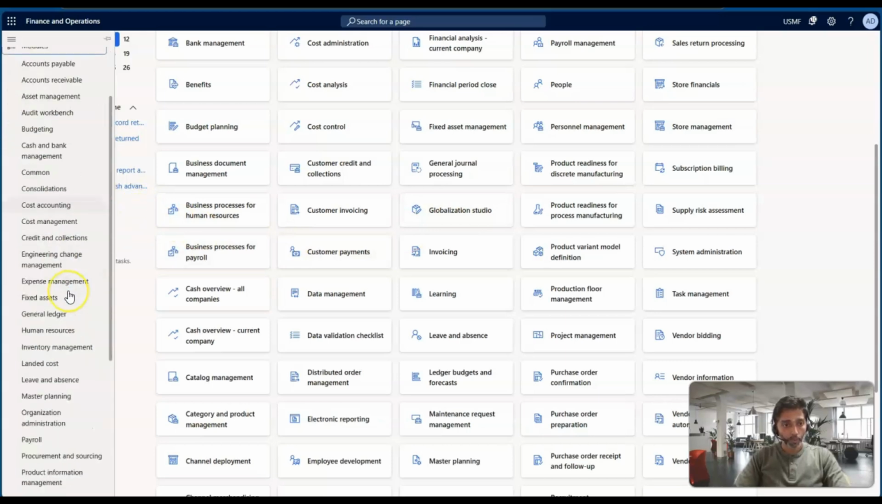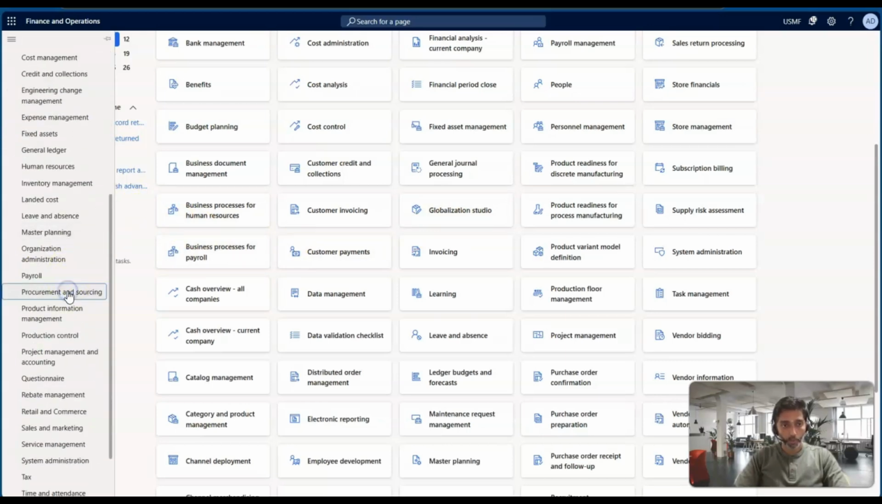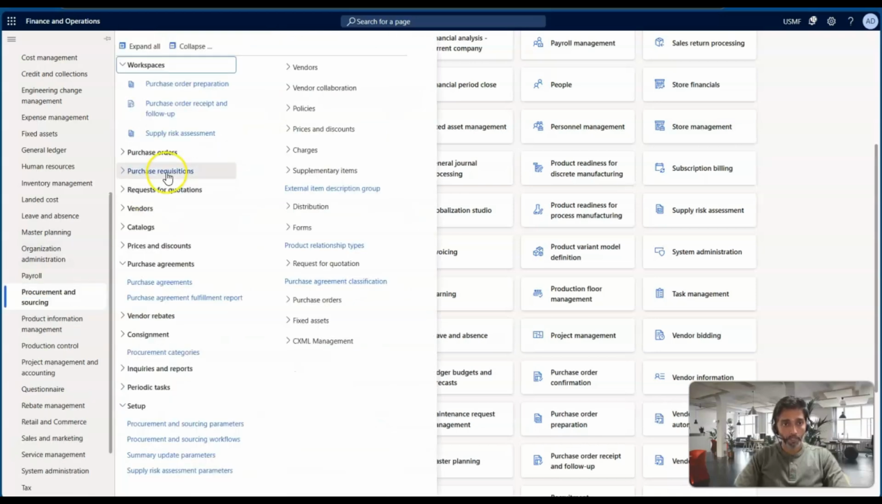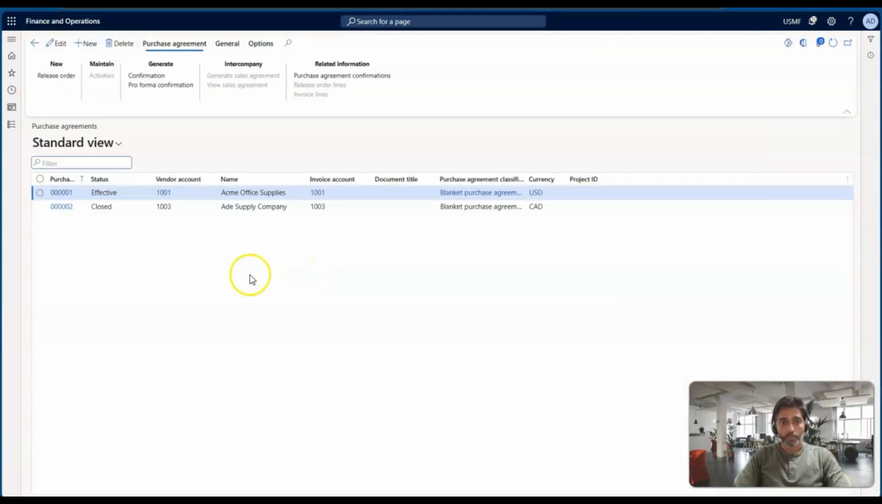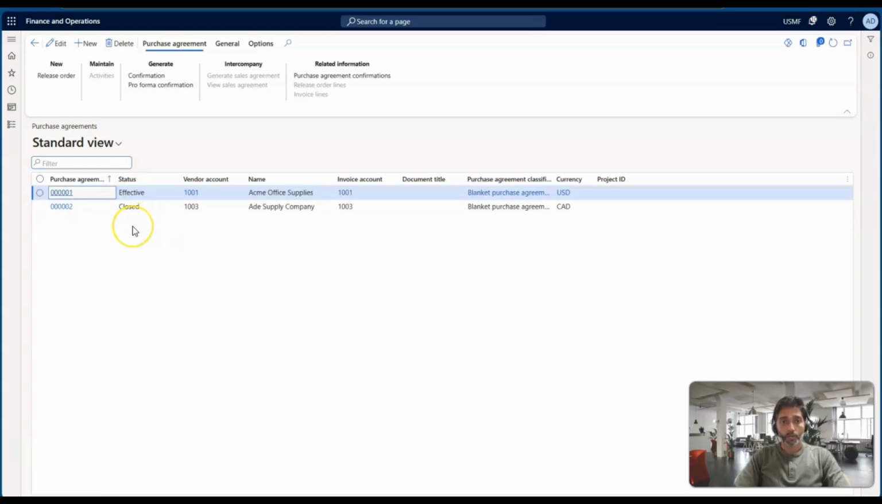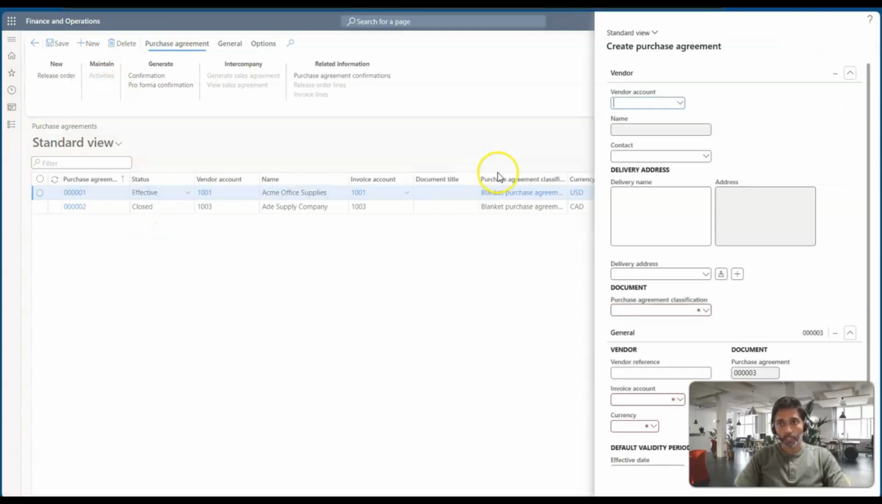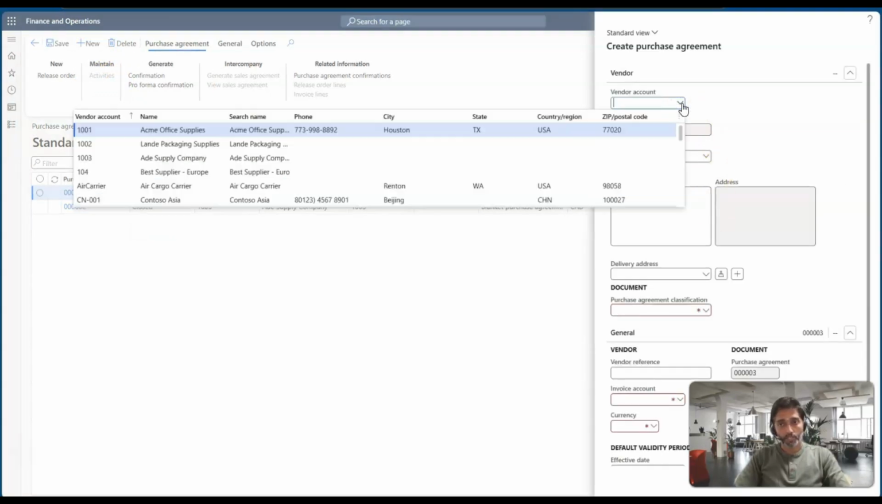First of all, in order to create a new purchase agreement, go to the Procurement and sourcing module, and within it there is a section called Purchase agreement. Click on the Purchase agreement form. This opens up a list page where you will be able to find the previously created purchase agreements along with the statuses and the purchase agreement ID. So this gives you an idea of what purchase agreements are already available in the system. To create a new purchase agreement, click on New at the top, and select a vendor account,